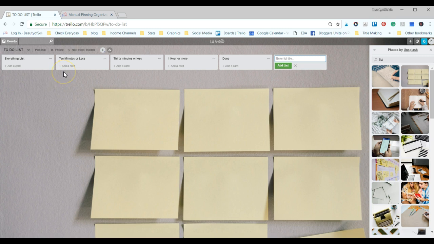So you can pop in here and type in everything that you need to do. Since we're using this for the course, let's fill it in with some things related to the course. So these are called cards, and you add cards to your list. Let's name the cards with things pertaining to the course. So first we'll put manual pinning organization in Trello course. And then we're going to download checklist for course, make a master list by virality,